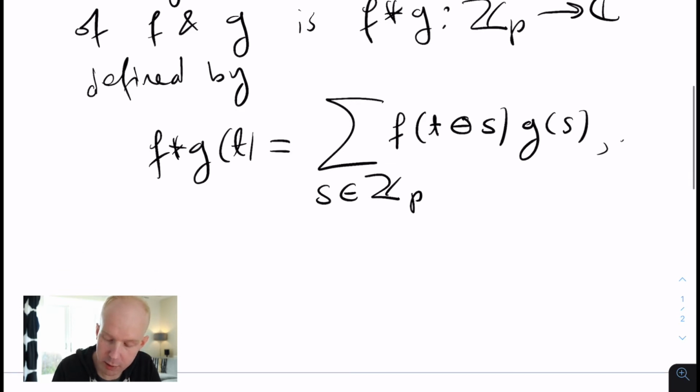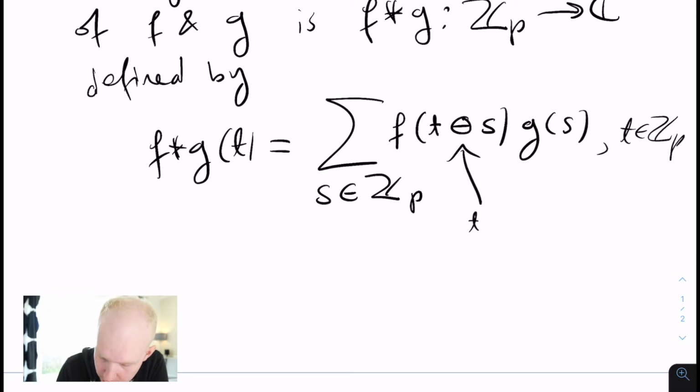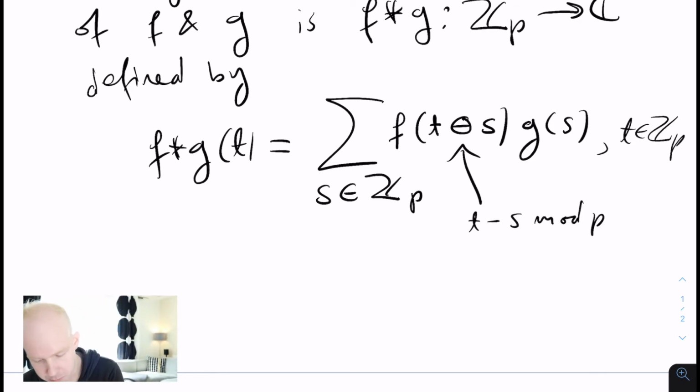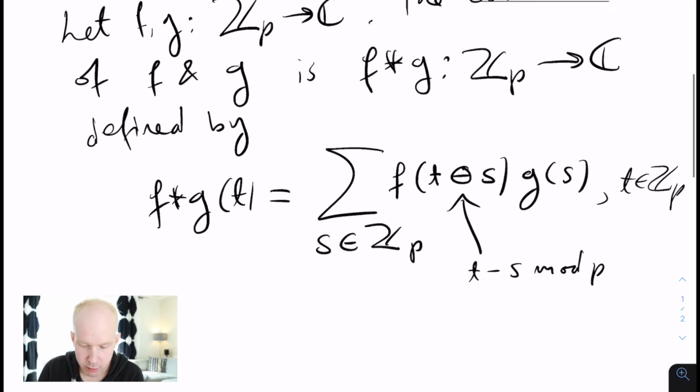So this is at the points t in Z_p. Remember that this notation was just t minus s modulo p. That's the notation that we use. So that's the convolution